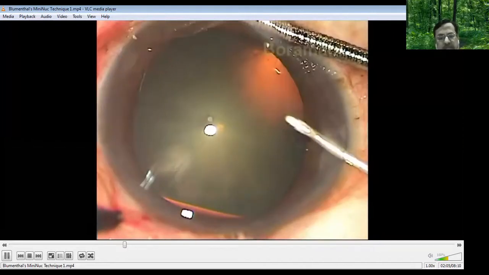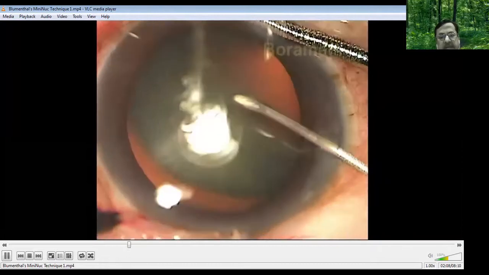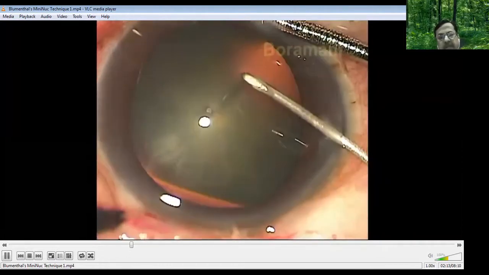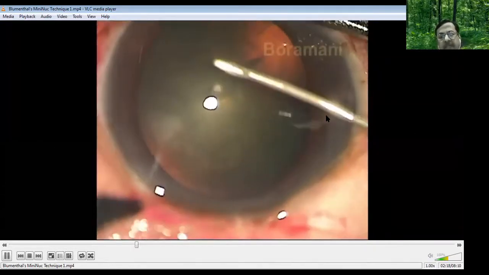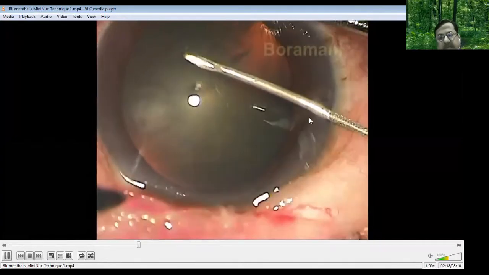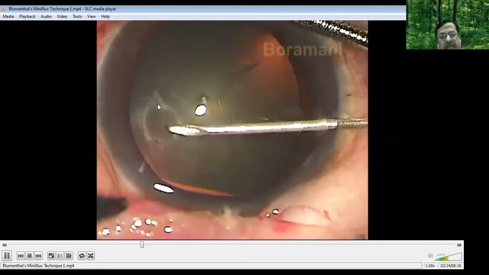Now there is no viscoelastic injected. This is with the anterior chamber maintainer, and you do the capsulexis. You can comfortably do the capsulexis. Now, as the fluid is continuously coming through the anterior chamber maintainer, if this side port is a big one, there is continuous egression of the fluid, and there you get a lot of tremulousness of the capsule.